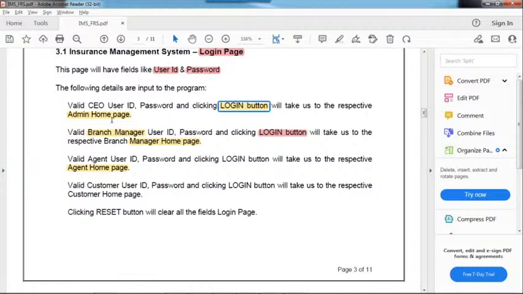It should take us to the admin page. Suppose you get the admin page, it is working as expected. Suppose you are not getting the admin home page, you are getting some different page, it is not working as expected. So this is the way we need to do the testing. Okay. Does anybody have any questions, guys? Is it clear?